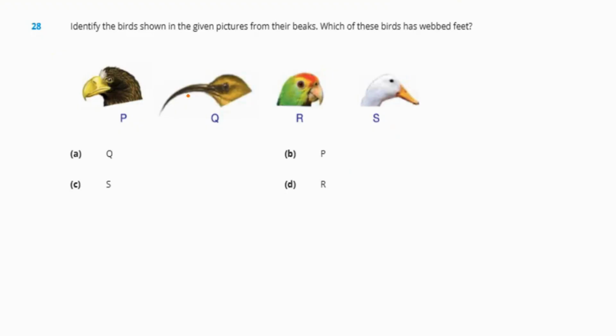Next, identify the birds shown in the given picture from their beaks. Which of the following has got webbed feet? So let us identify the birds using their beaks. First one P, Q, R, and S. This P has a very sharp and hooked beak, so this is an eagle. The second one is a sunbird. The third one is the beak of a parrot. And the fourth one,